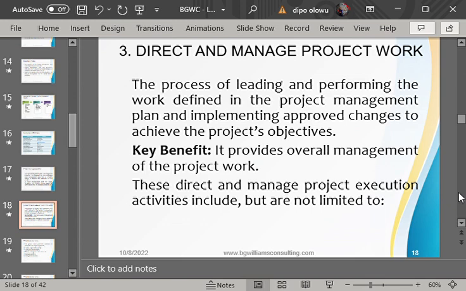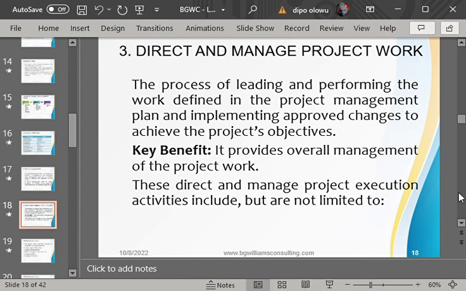So the direct and manage project work process is what you do as the project manager during the executing of the work to coordinate all the efforts of every project team member to accomplish the project result.